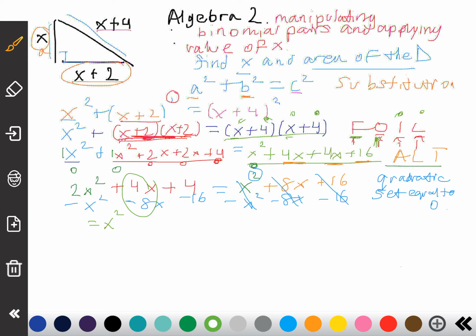4 minus 8 is negative 4x. 4 minus 16 is negative 12. The fact that we canceled out everything on the right side means the right now becomes 0. So we have this expression that we need to somehow factor. So the important question we must ask ourselves is, what are factors